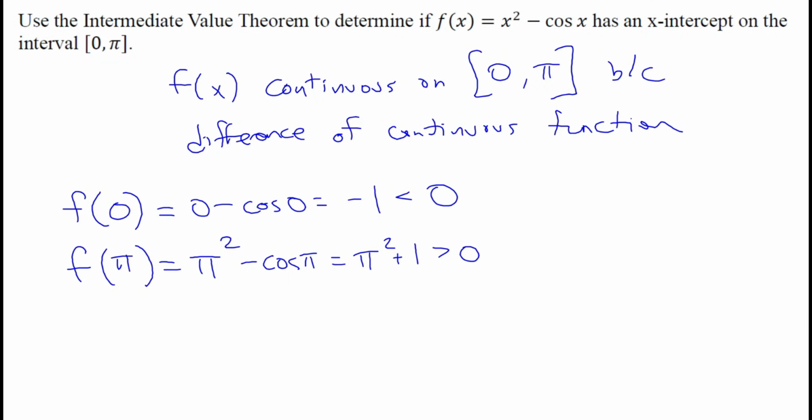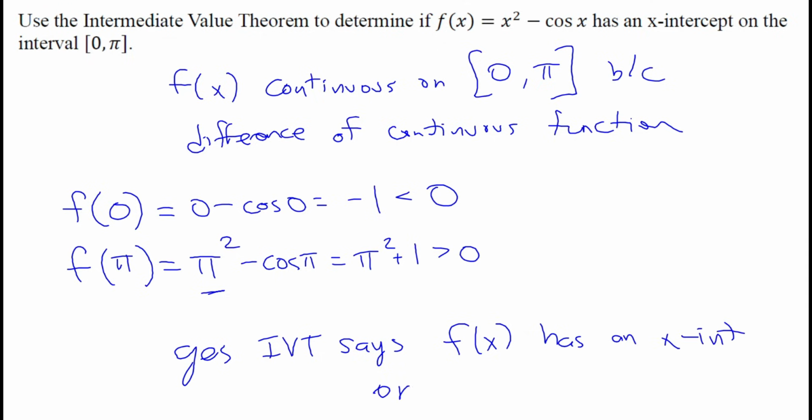It didn't really matter what the cosine of pi was, though, because we knew it was between -1 and 1, and pi squared is much more than that. So if we subtract anything between -1 and 1, we're going to clearly get a positive number still. So because of this sign change and that it's a continuous function, yes, IVT says that f of x has an x-intercept, right,